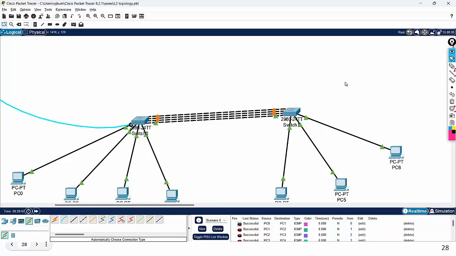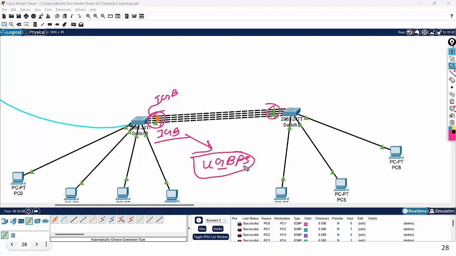Why did I make this connection? I thought this connection has 1 Gbps speed and each port has 1 Gbps speed. So when I connect 4, the speed will become 4 Gbps. That is the reason I made the 4 connections.